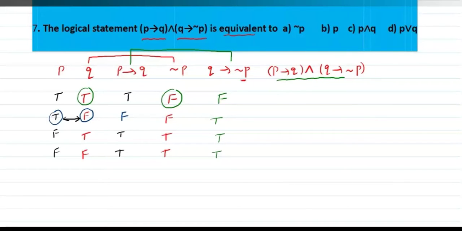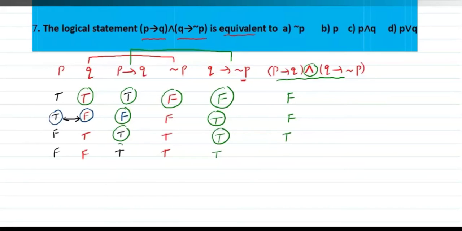Here we have the AND symbol. What is the truth table for AND? Both statements true, then the resultant statement will be true. Focus here. Here we have true, we have false, so this is false, right? And for P implies Q we have false, Q implies negation P we have true, so it is also false. Both should be true only. See here we have true, and here also we have true. The answer statement is true.